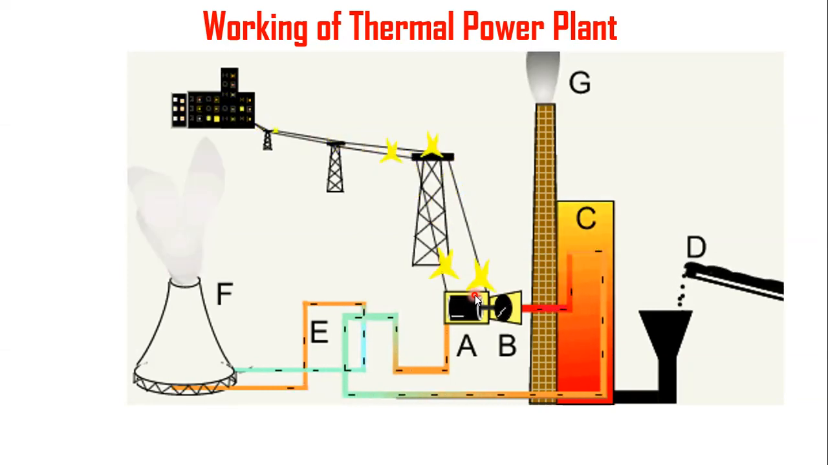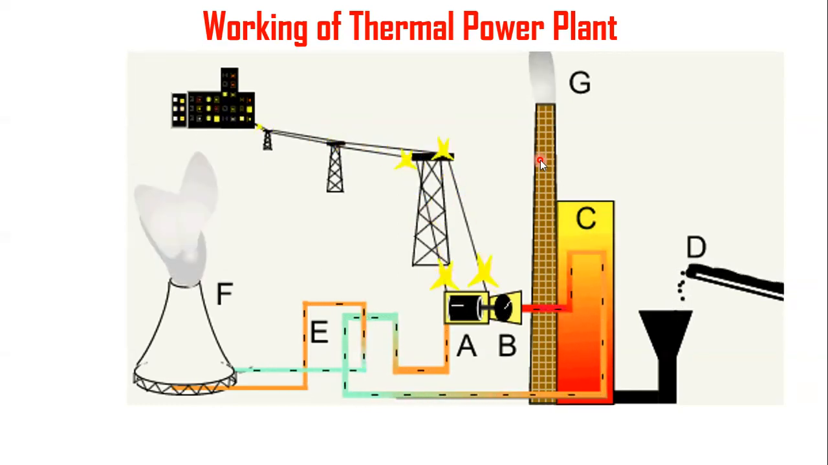The chimney labeled here G is attached to this. Here this is a chimney. G is attached to the furnace, and it releases carbon dioxide and other flue gases. Okay, like this. And coming to the final energy conversion